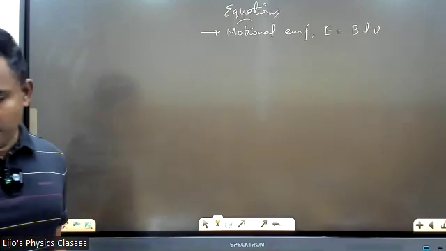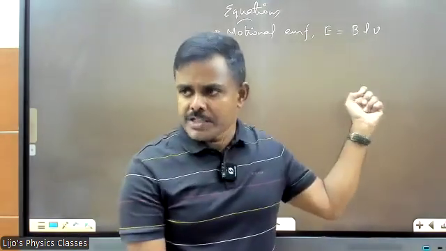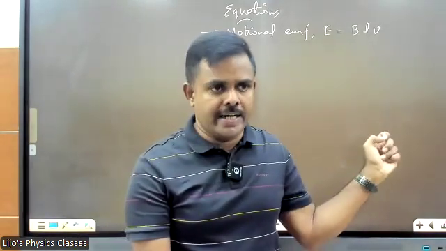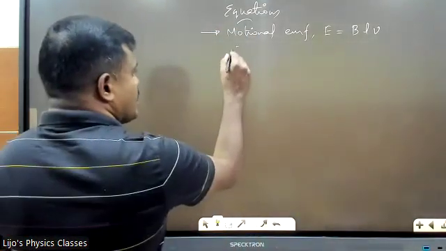So just write this down. Motional EMF is equal to BLV. What is B? Magnetic field strength. What is L? Length of the conductor. V is velocity of the conductor. Okay. Below which you write, in bracket you write,